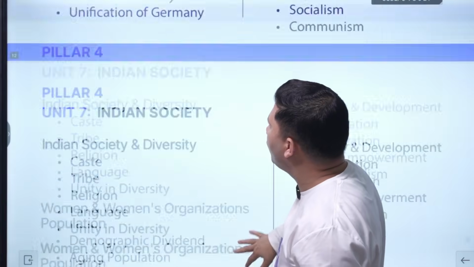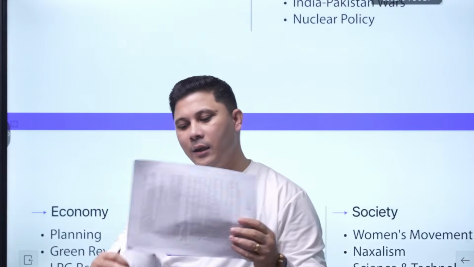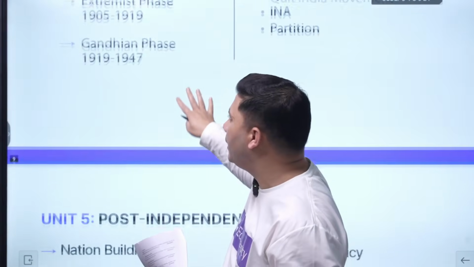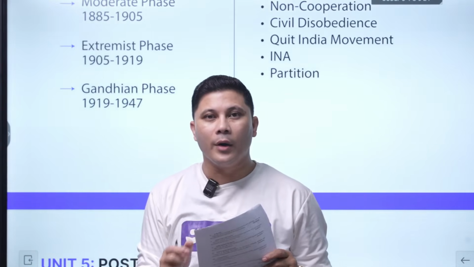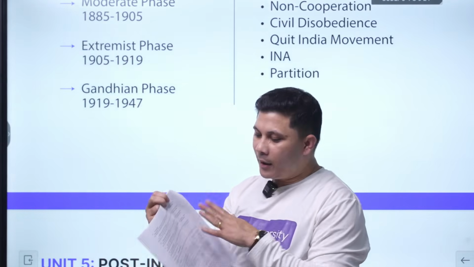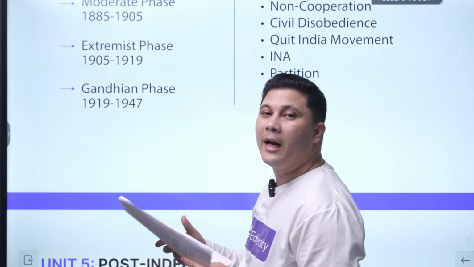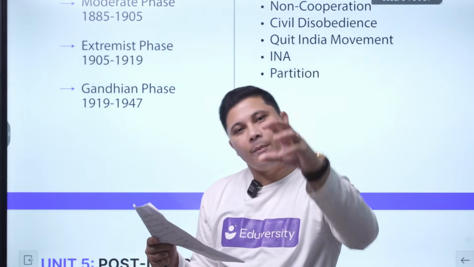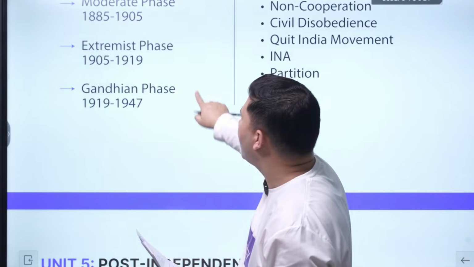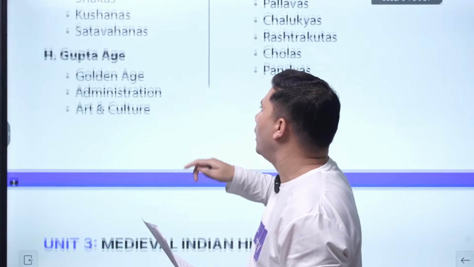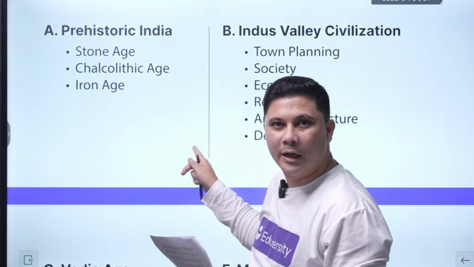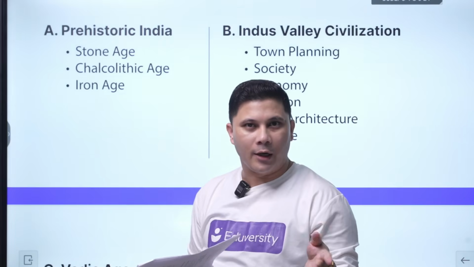What I want you to understand is that in the syllabus it has been given briefly. Here I have decoded the entire GS paper 1 comprehensively. So don't get confused that here it is written something different and sir is decoding something else. I have just broken it down, and within every topic, the subtopics that you have to study, I have given in detail here. So what I want you to do right now is make sure that you get access to this PDF, which will be uploaded in our Telegram channel.